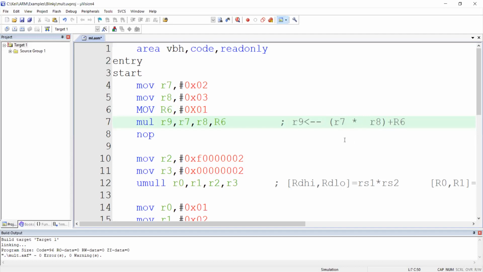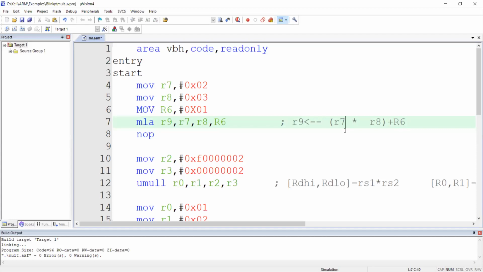Please check the equation here in the comment box. Sorry, the comment portion. I kept Rd as it is, then Rm, Rs, Rn. So the D M S N arrangement. D means R9, Rm is R7, Rs is R8, then Rn. Okay. So here you are right. One more change I should do is, in the same letter case, I have to type MLA. You're right. So Rn is R6.